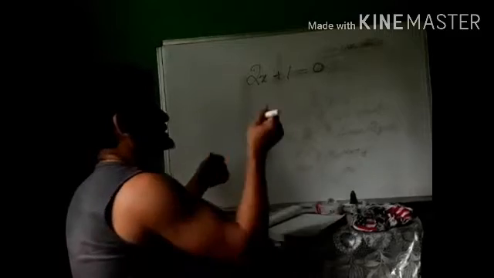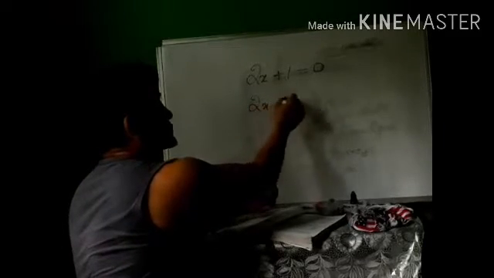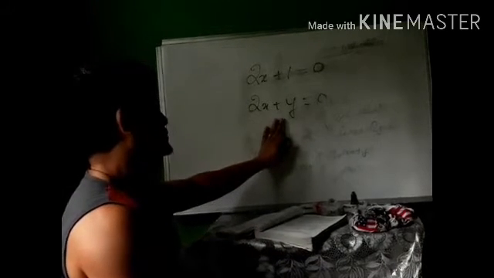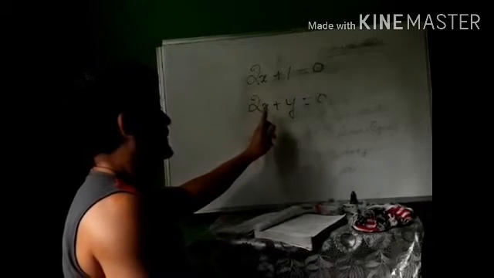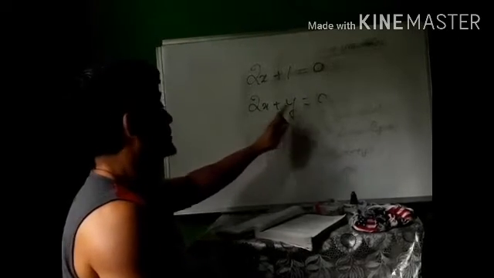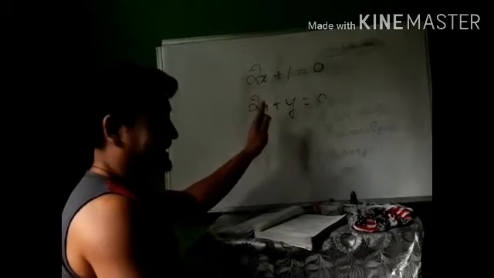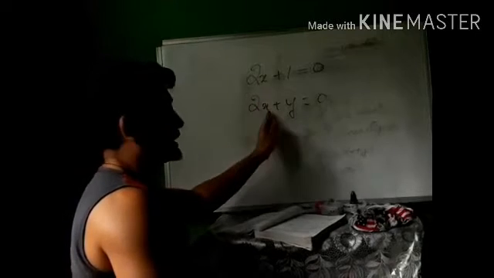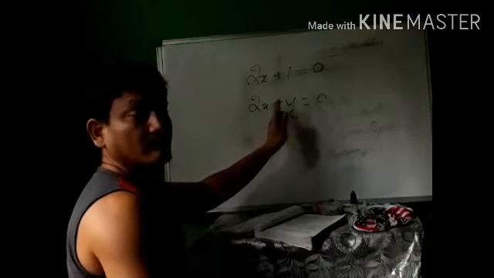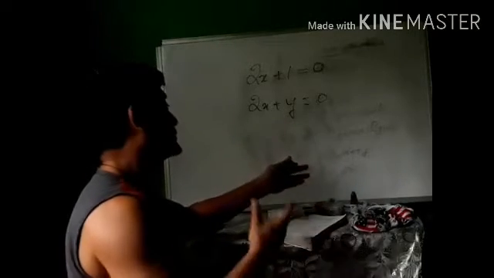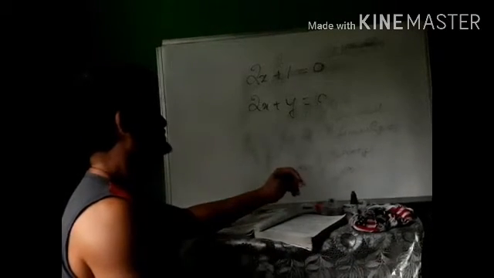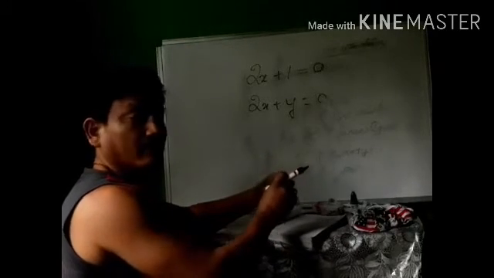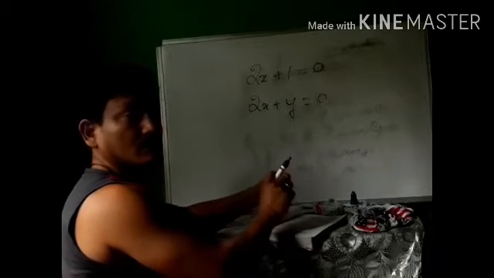But here in this case, okay, suppose I give you 2x plus y equals 0, so this is the equation. In this equation, what we are going to do is try to find the value of x and y, the unknown terms used in this equation. They are used because right now we don't know the value of x and y. So ultimately when you try to solve the given equation, our main focus will remain on finding the value of these unknown terms x and y.